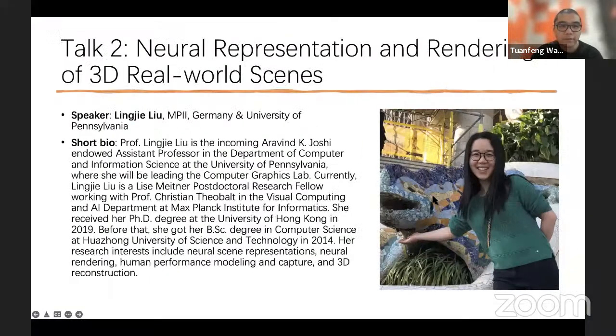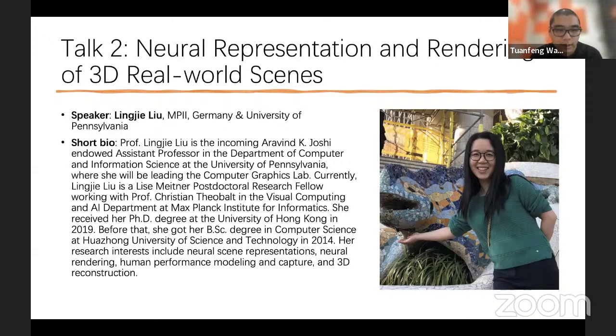Our second talk is from Professor Lingjie Liu on neural representation and rendering of 3D real-world scenes. Professor Lingjie Liu is the incoming Aravind K. Joshi Endowed Assistant Professor in the Department of Computer and Information Science at the University of Pennsylvania, where she will be leading the computer graphics lab.